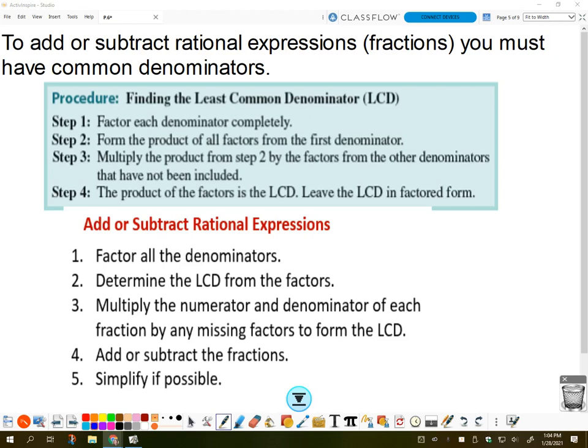All right, so we are continuing with section P6. I don't have that title on here, but this is P6 continued. We're going to do adding and subtracting and complex fractions today. So there's a procedure